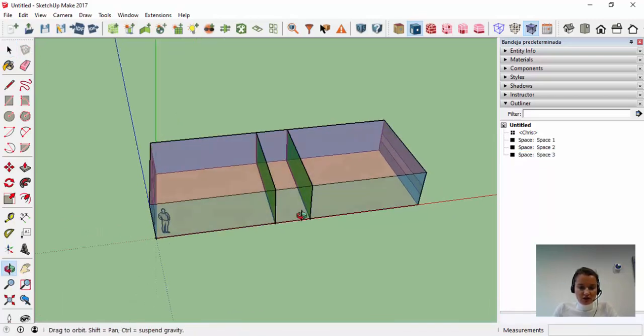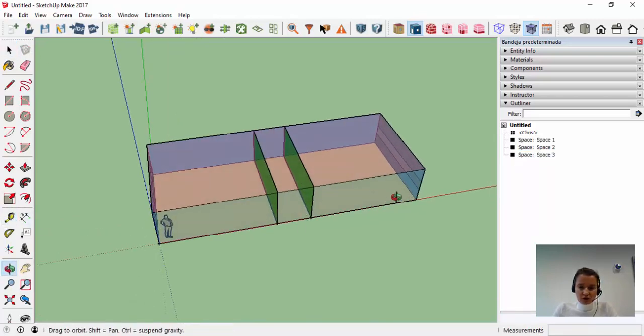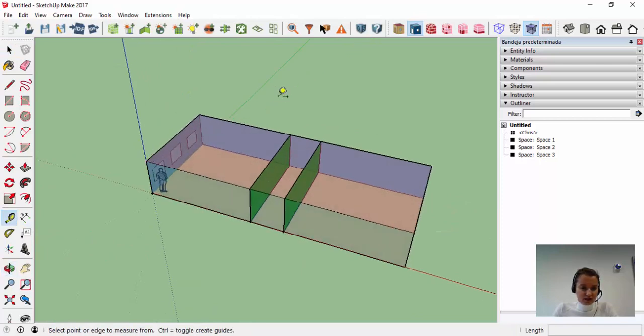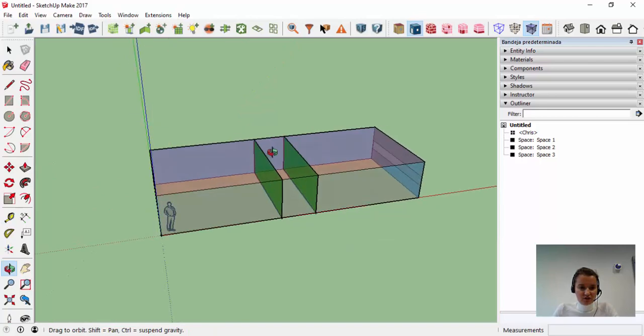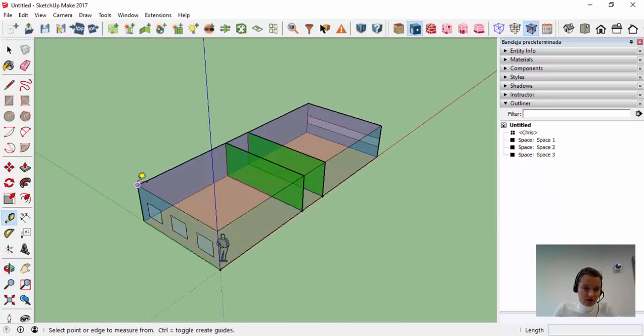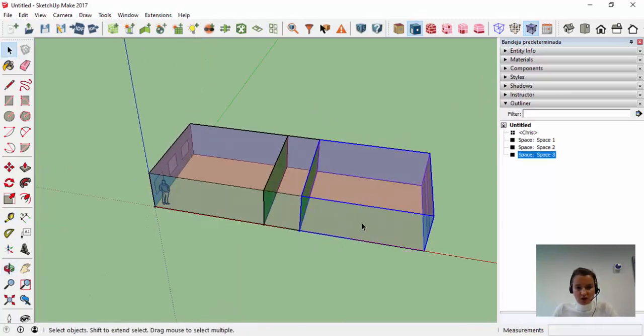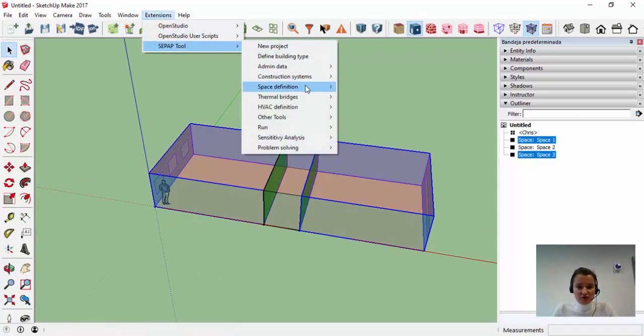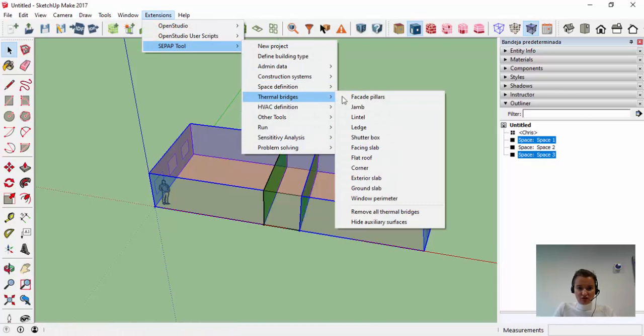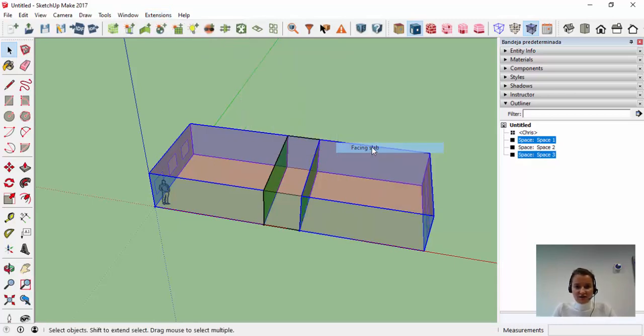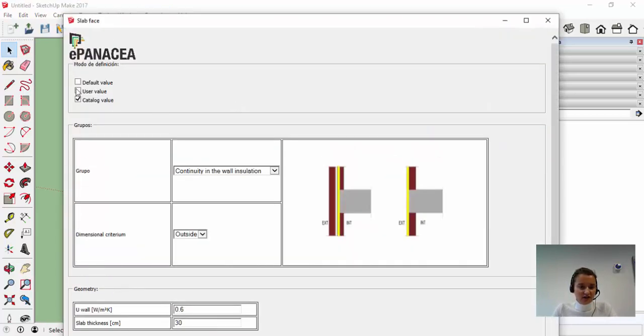It is good that we review or know a little bit the length of thermal breaches before its definition. For example, for the facing slab, we know that the dimension should be 6 meters in this case. So we are going to select both zones, going to the functionality related to thermal breaches, facing slab, define